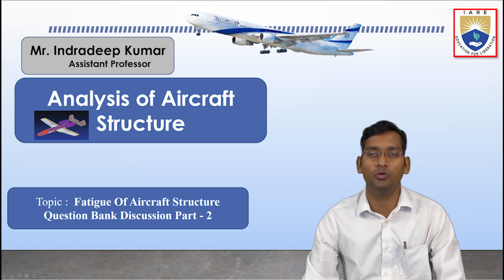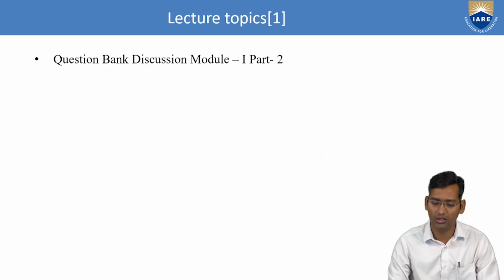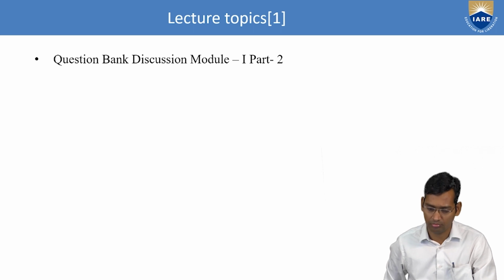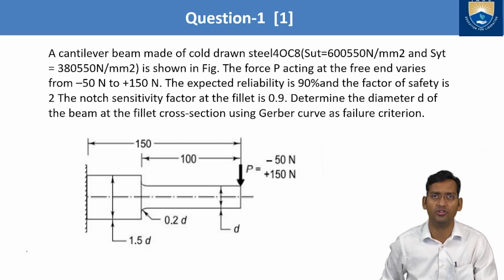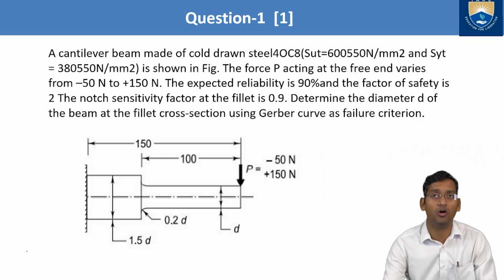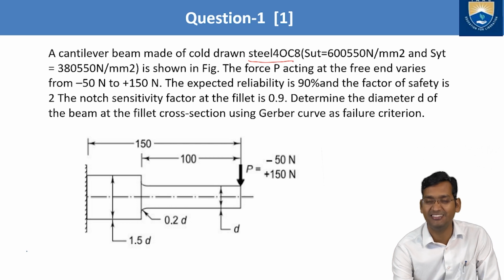So in this video, we will see Module 1, Part 2, Question Bank Discussion. Okay, so the lecture topic will be the same as Module 1, Part 2 video, or next question we can see. So let's see, the first question is, a cantilever beam made of cold drawn steel, 40C8,